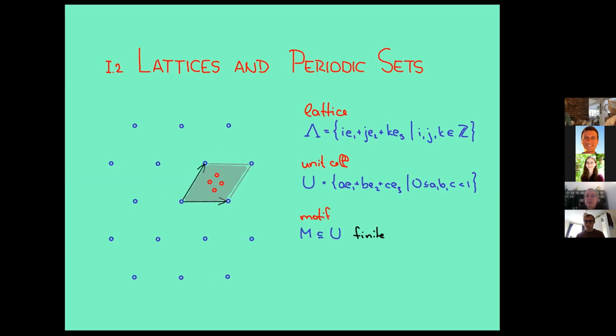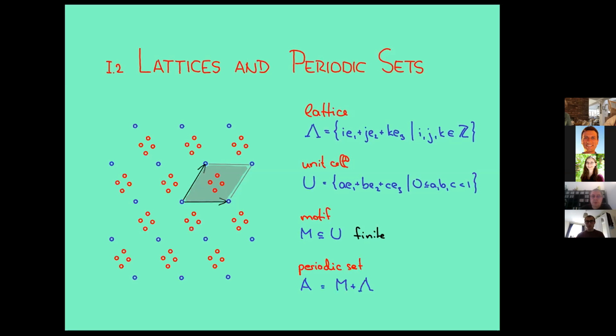A motif is a finite set inside of the unit cell. And then I copy it into every unit cell that I used for the tiling, and then I have a periodic set. So this is the motif M, Minkowski sum with the lattice Lambda. And I use this notation all the time. So Lambda is for lattice, U is for unit cell, M is for motif, and A is for the periodic set. And the most important concept today is the periodic set,